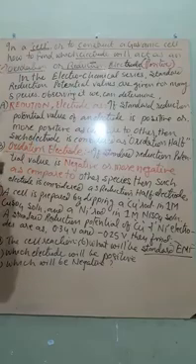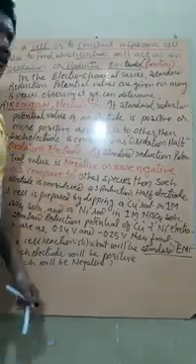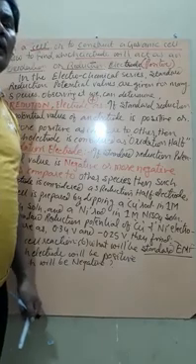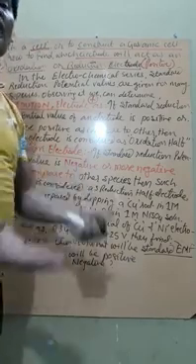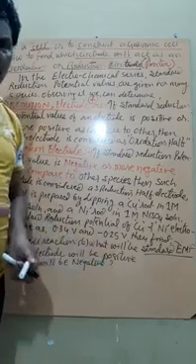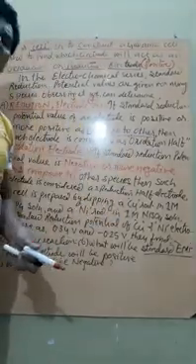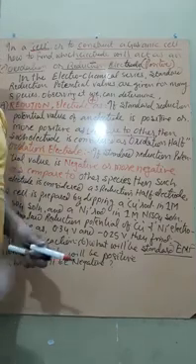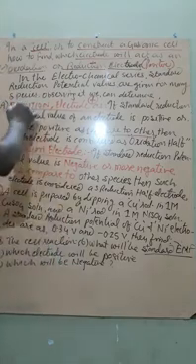First, the reduction electrode means positive. If the standard reduction potential value of an electrode is with a positive sign, or more positive as compared to the other one, remember, positive or more positive if we are comparing. If two values are given and both are positive, then we have to compare less positive and more positive. The more positive will be called the reduction electrode.